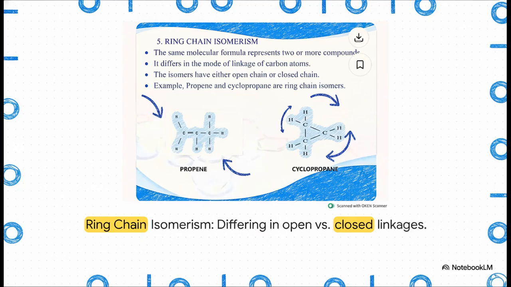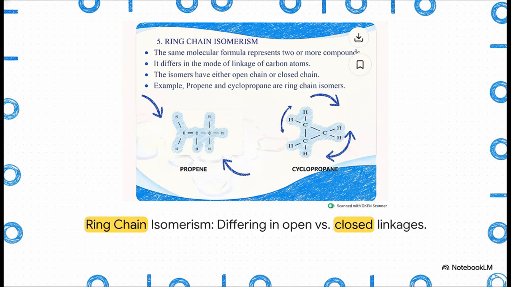This is ring chain isomerism. Here, the isomers differ in the mode of linkage of the carbon atoms, specifically whether they form an open chain or a closed ring. Take propene. It's an open chain with a double bond. But those exact same atoms can literally snap together into a closed triangular loop to form cyclopropane. I mean, it's fascinating how the exact same molecular building blocks can build both a straight line and a closed